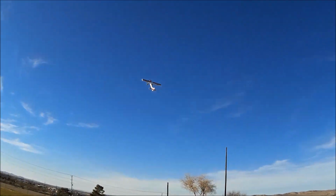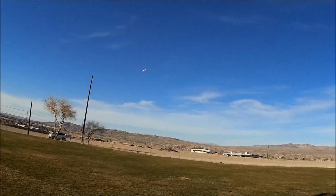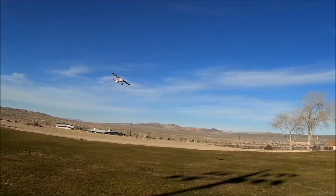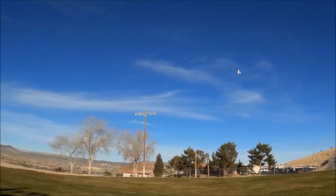Give a nice right rudder. Now she's climbing, I'm giving left rudder, believe it or not, to keep her going straight. Okay, well, she's doing great. This plane's just doing fine. I don't think it's going to have any problems, especially given the fact that it's only doing 26 amps, and the ESCs and the amp readings and everything like that, they generally